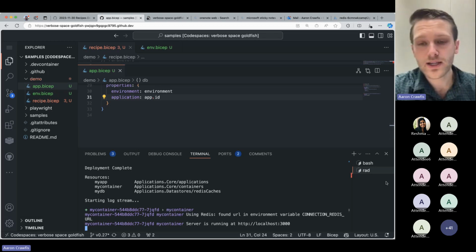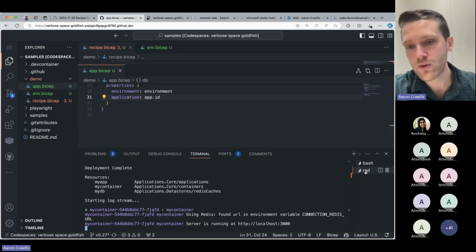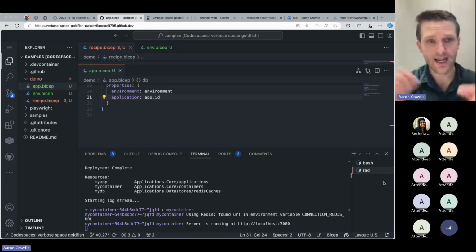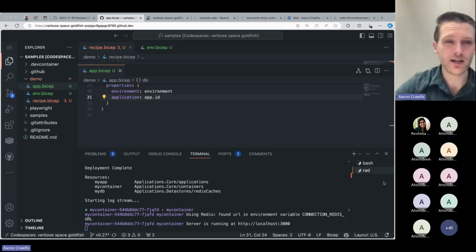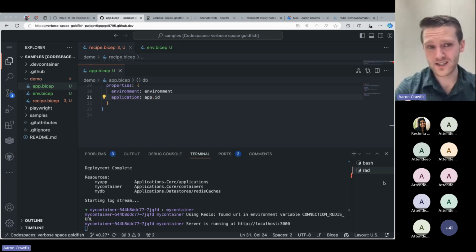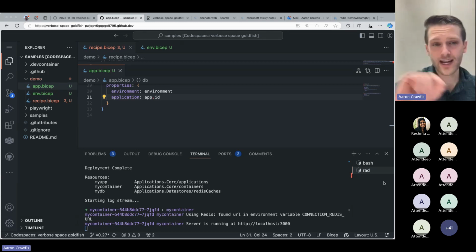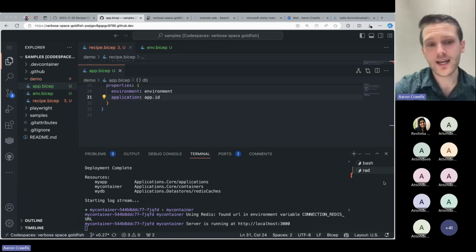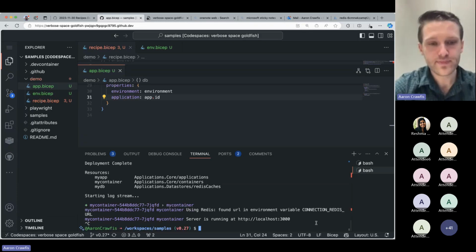In our Ignite demo and in our tutorial on our website, you'll see that connections inject a couple of environment variables such as the host, the port, the username, the connection string, the password, all of the things that you need to connect to your database. That connection injects those values for you. And it actually sets up that Radius application graph as well. So if you do rad app graph,